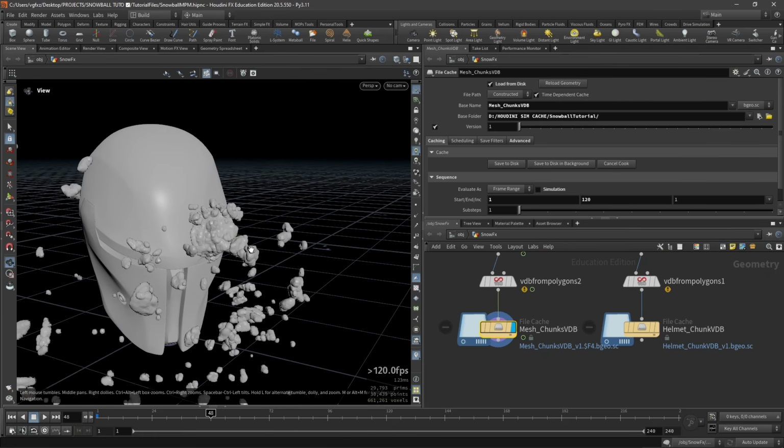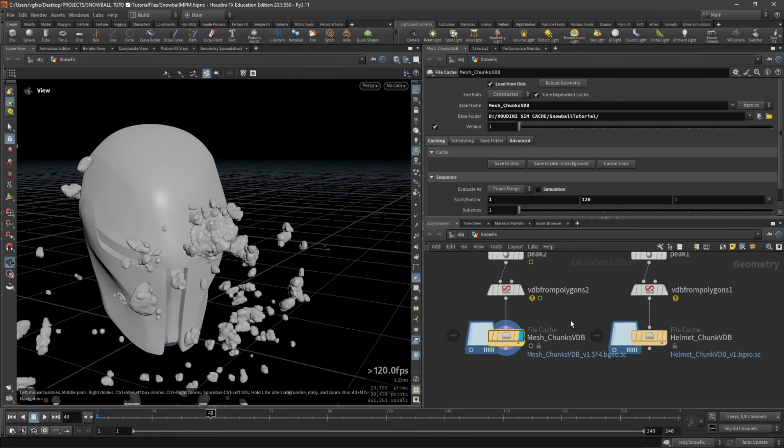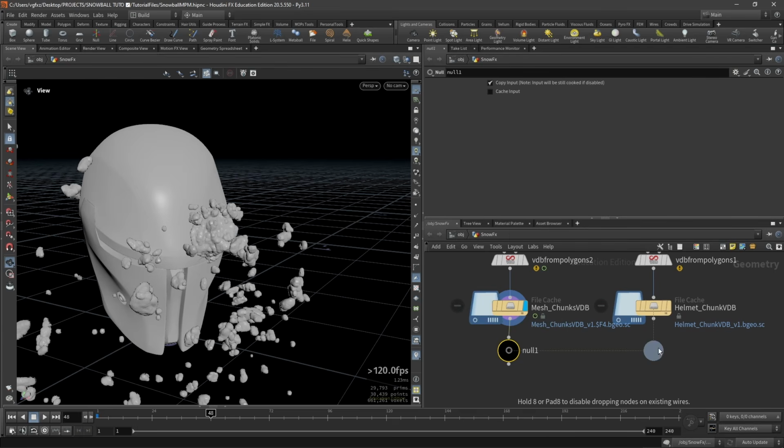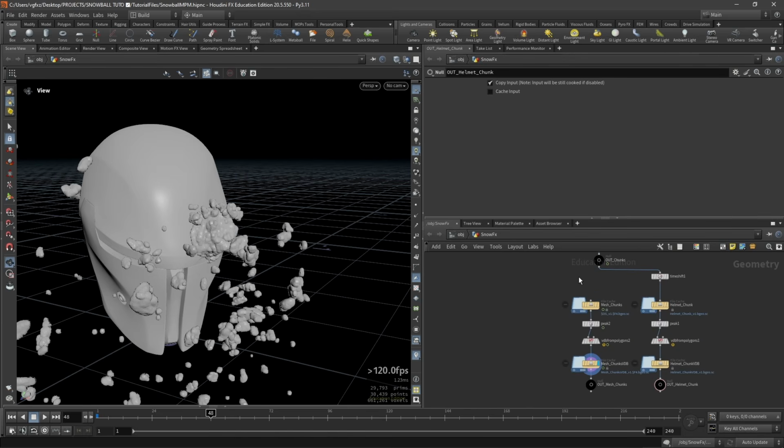So now that we have our file cache ready here also, let's drop a few nulls. So let's drop a null here and another one here, and let's call this out mesh chunks, and this one will be out helmet chunks. So like this. And now we are ready to start